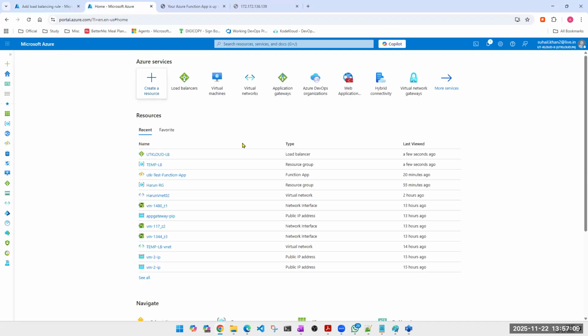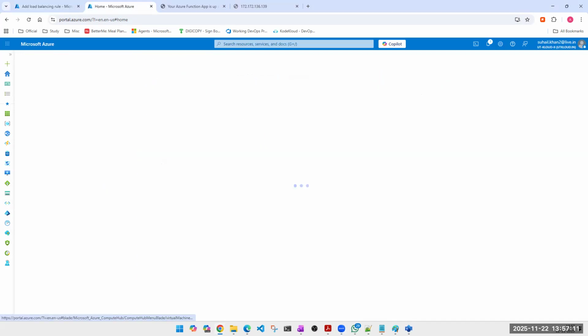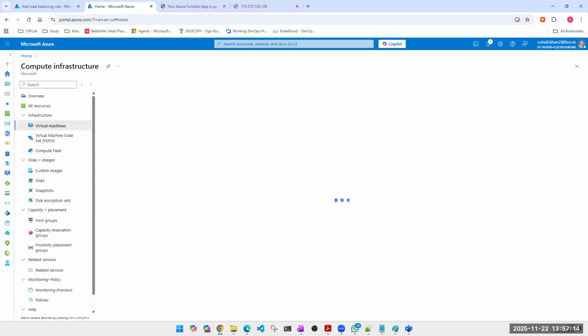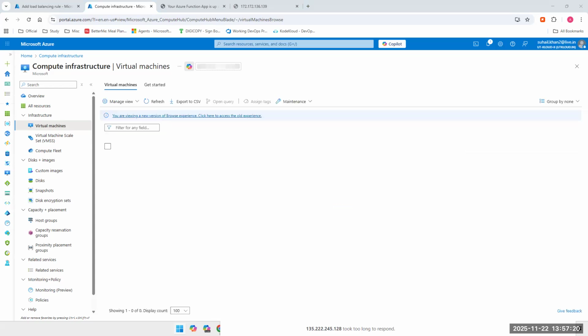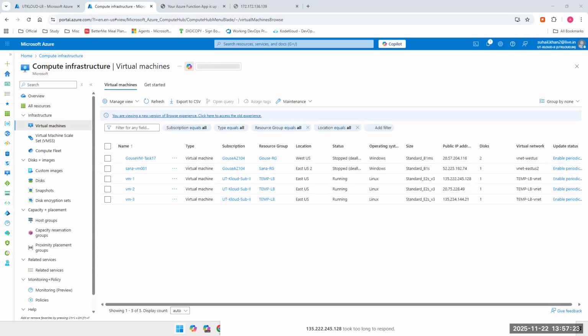Meanwhile, I'll go ahead and log into these machines, so I can show you that without shutting down the machine, if I just turn off the port, how your traffic will redirect. So if I go ahead and check this machine,